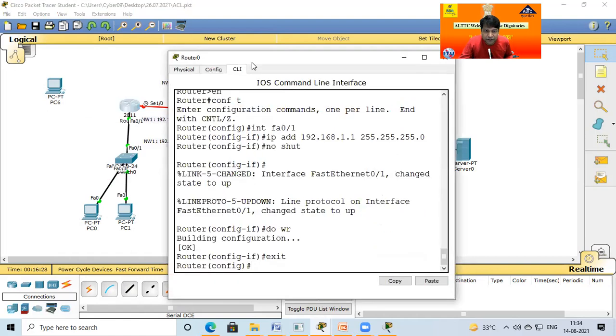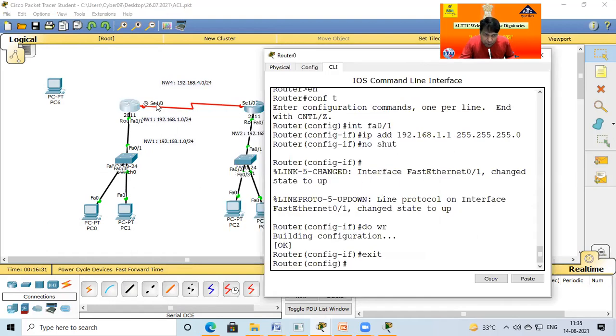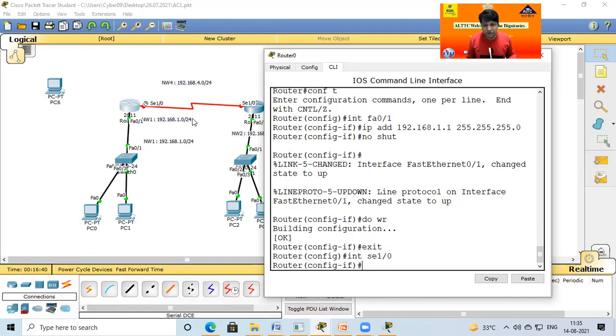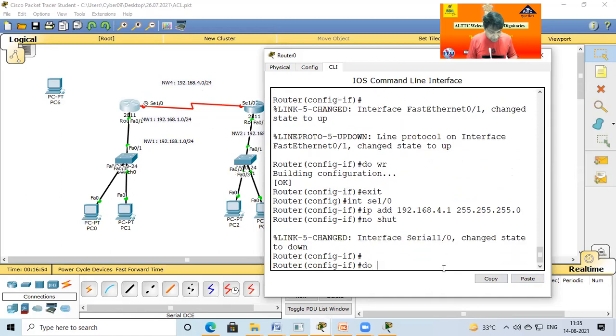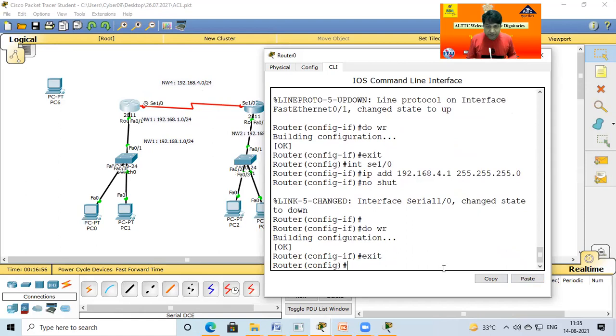So click again here on this router. I want the IP address of this port. I put int se 1/0. Always keep in mind, port identification is here, so this is a serial port: se 1/0. In this case the IP address is for network 4.0, so I take 4.1. Power supply on, no shut, and do write, and exit again.